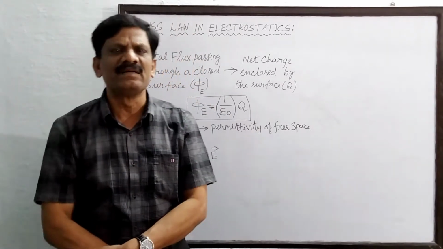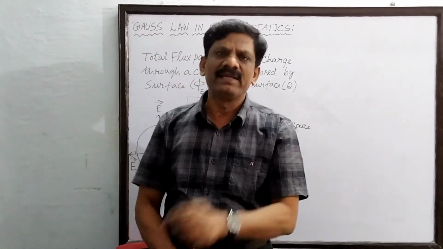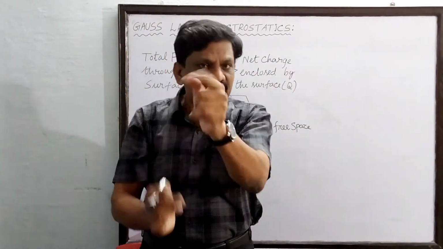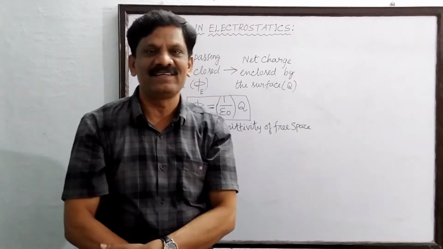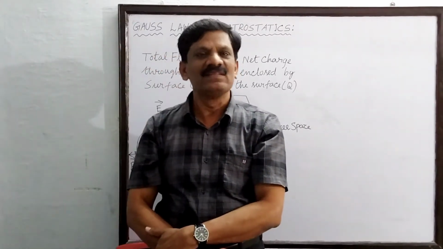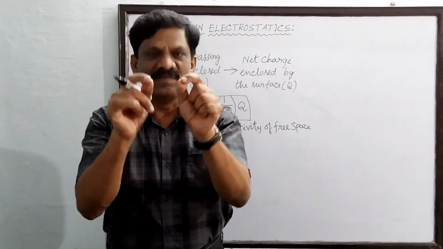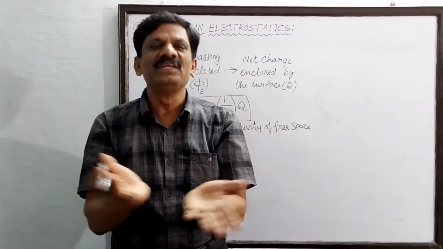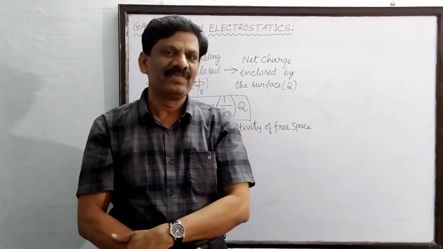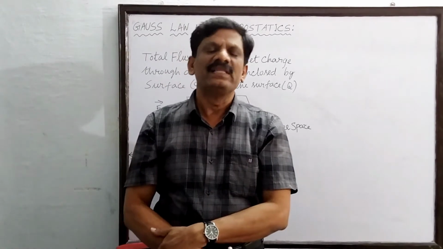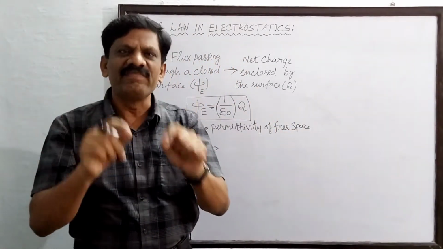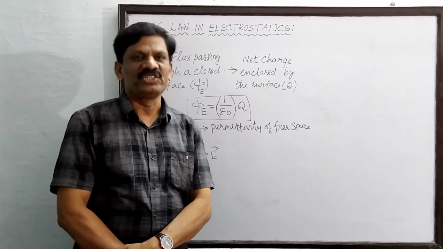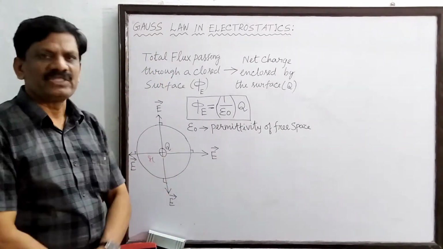I will give you a better example, my dear students. You imagine an LED bulb is placed inside a glass sphere. Will the light be visible outside from all the directions or not? Yes, it will be visible. This is because the light rays emitted by the LED bulb will be traveling outward in all the directions, penetrating through the glass walls of the sphere. Like that, you have to imagine the electric flux lines or the electric field lines are directed outwards at all points on the spherical shell. So, this is the situation.